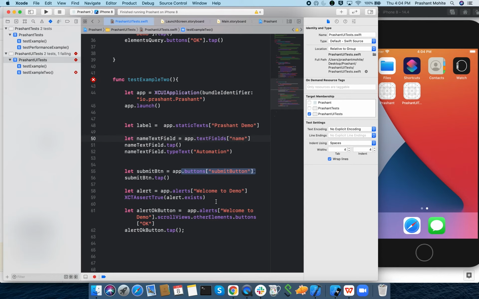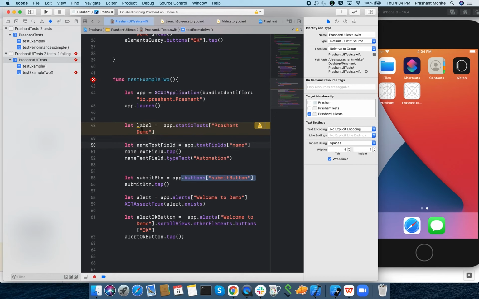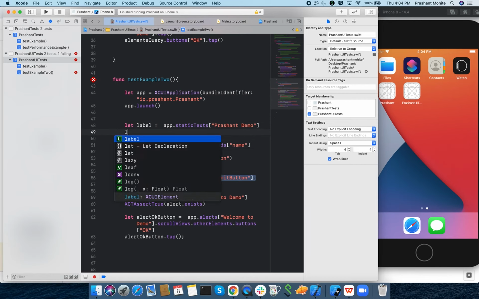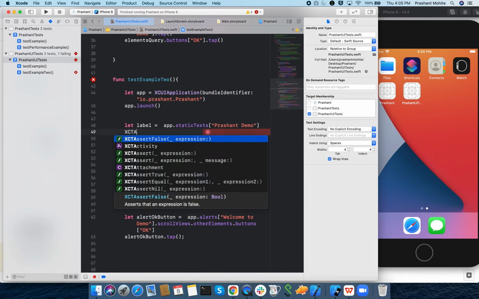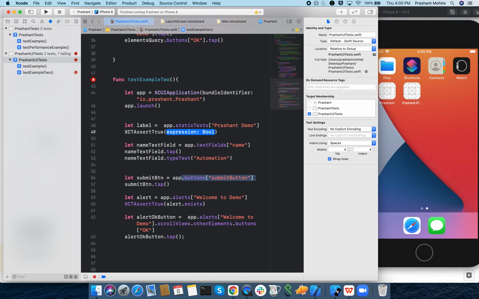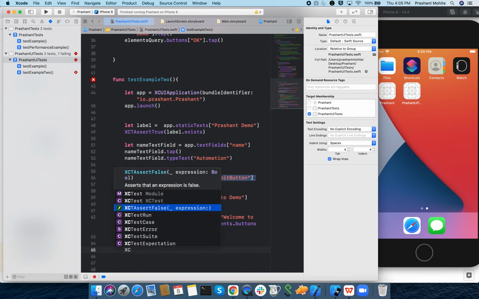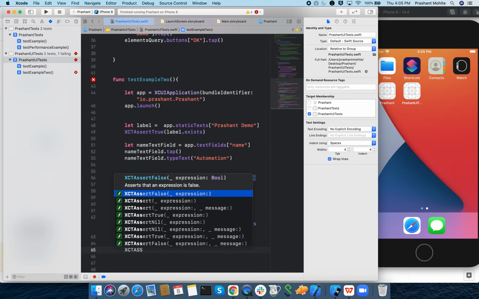I put the assertion XCTAssertTrue again, label exists, there should be a label. After tapping and typing, I'm tapping on the submit button. I have also put the alert exists. Once the alert appears, I'm tapping the OK button. Then I'll put one more assertion here, XCTAssertEqual. This time we'll see the equal.